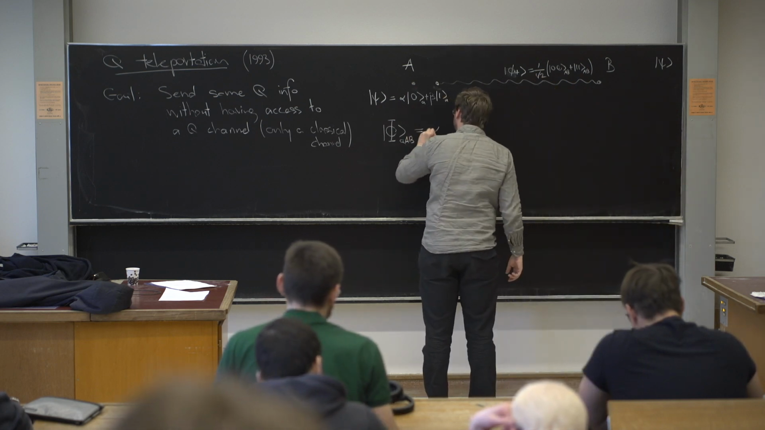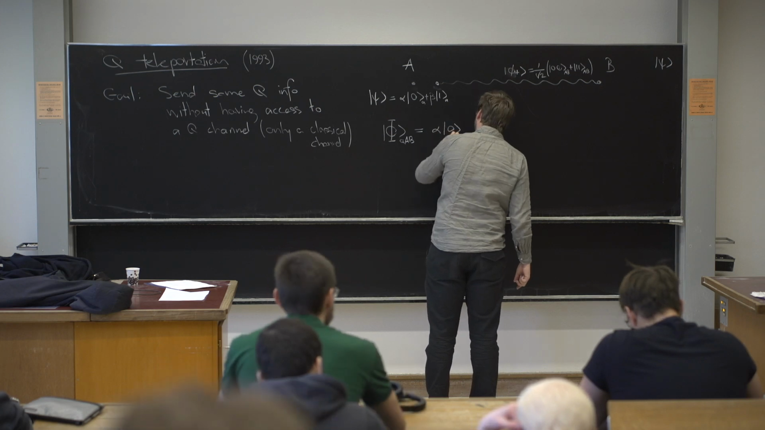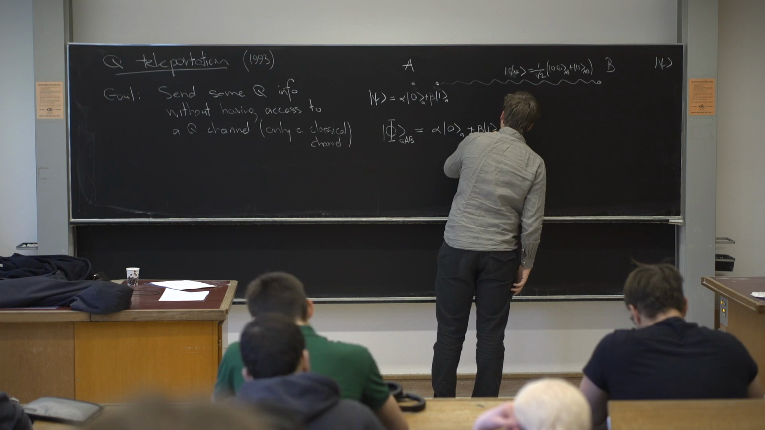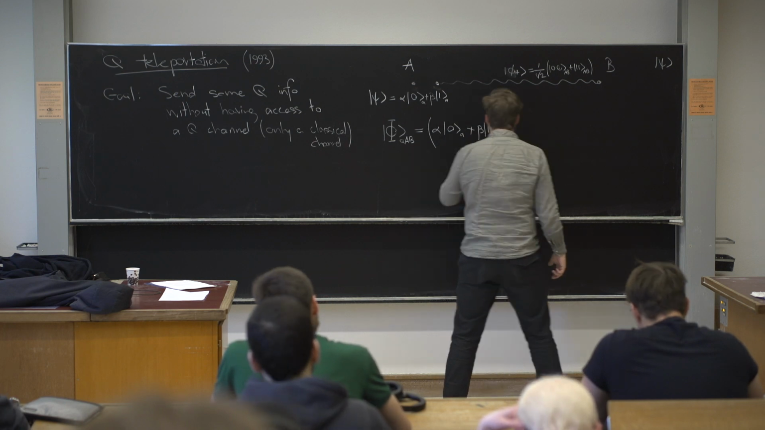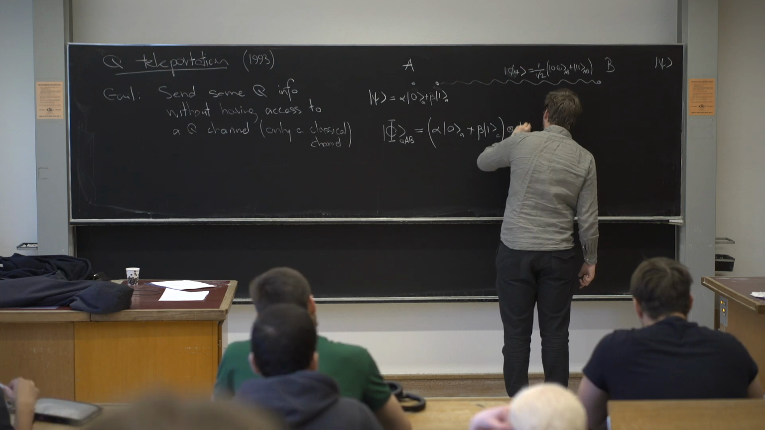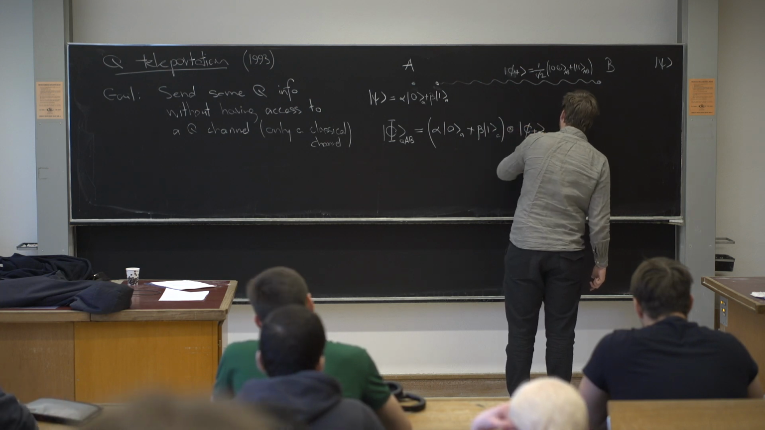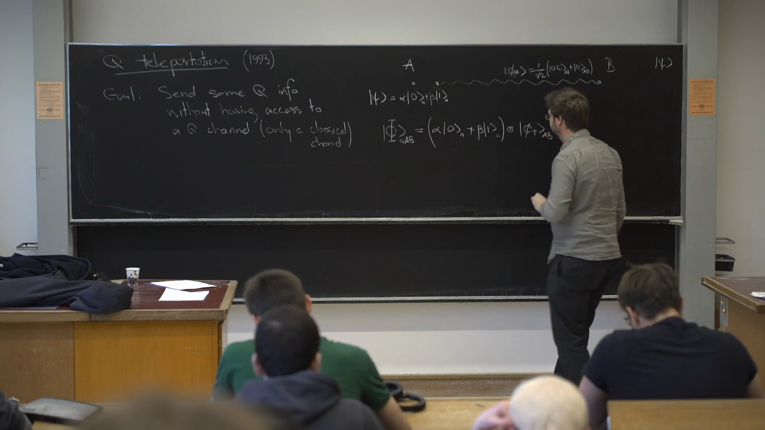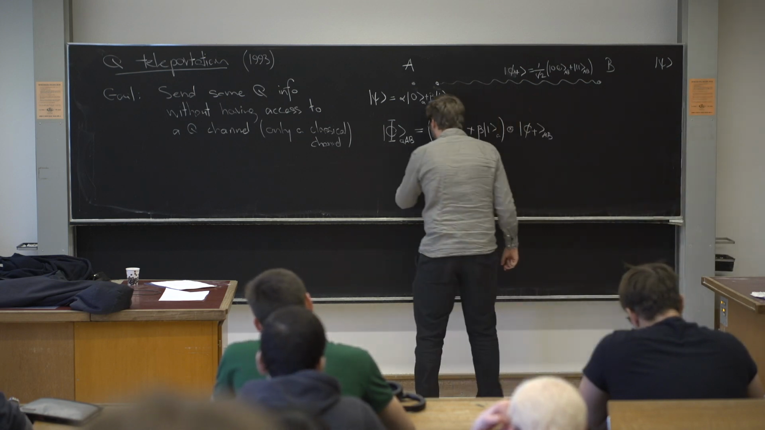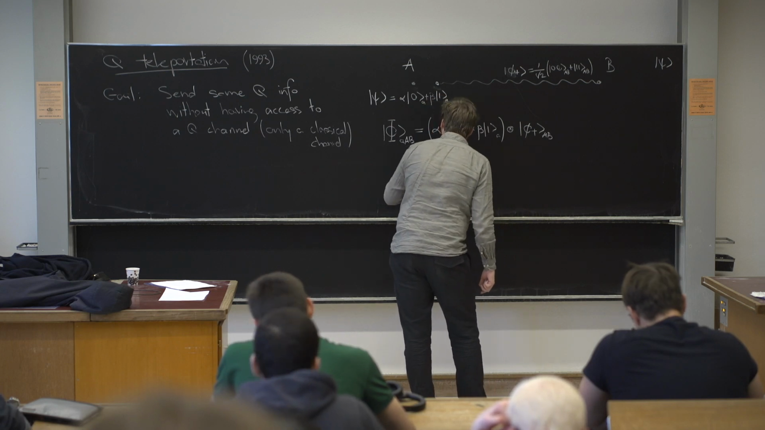So what is the state here? Well, this is an alpha 0_a plus a beta 1_a. Okay, then there is a tensor product, and here there is a phi plus for AB. Okay, so now I can just rewrite all that, and I can write